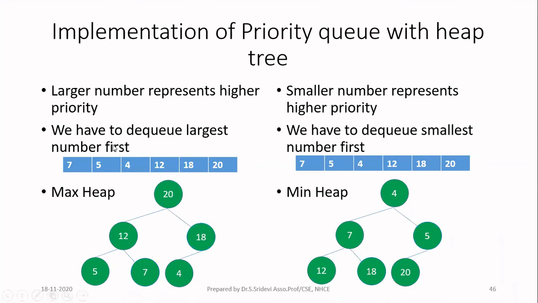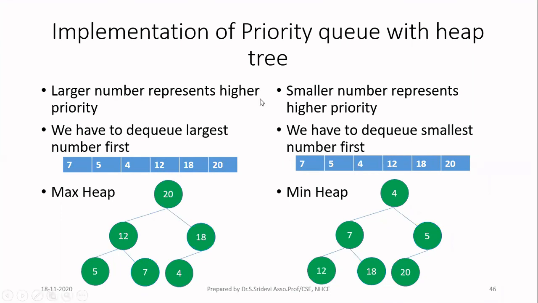For example, let us assume that 20 is in between. It is here. When I delete 20, I have to first search for 20 because I don't know where the maximum priority element is available. So I have to search the entire array to find 20. Then I have to delete 20. After I delete 20, I have to move the remaining elements to this position because in an array, all the elements should be stored in continuous memory locations. You can't leave any memory location free. So you have to move the remaining elements to this location. It is going to consume our time. So we don't want to follow the array-based implementation.